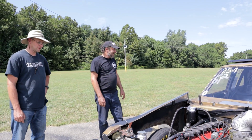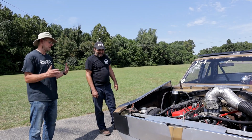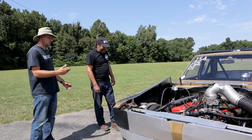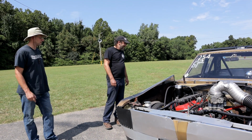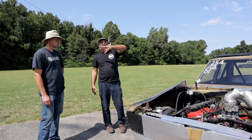Great. So it's the most creative race car I think I've ever seen. Yeah, it's a little different. Like I said, if something comes to my head and I want to drill out rivets and cut something off and remake a panel, I just do it. I don't really care about how it looks. It's very functional. But it's got a look all its own. I mean, you could spot this thing from...